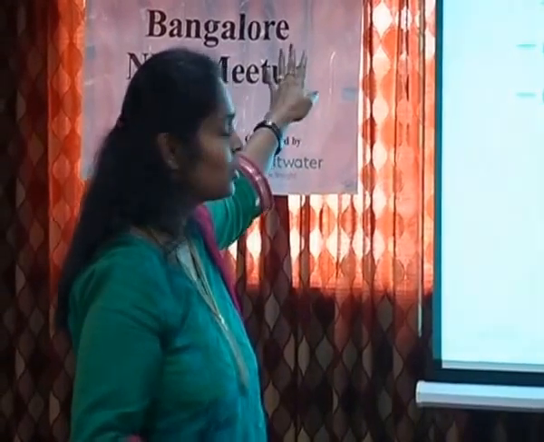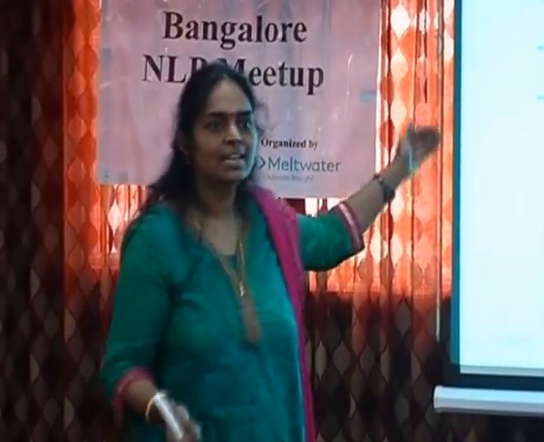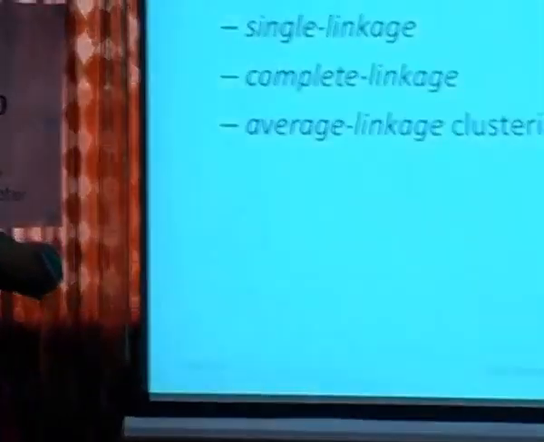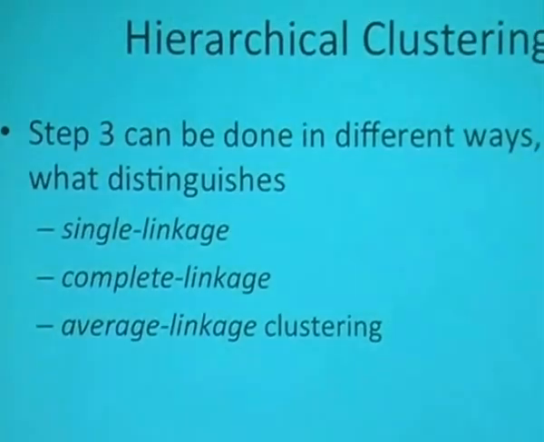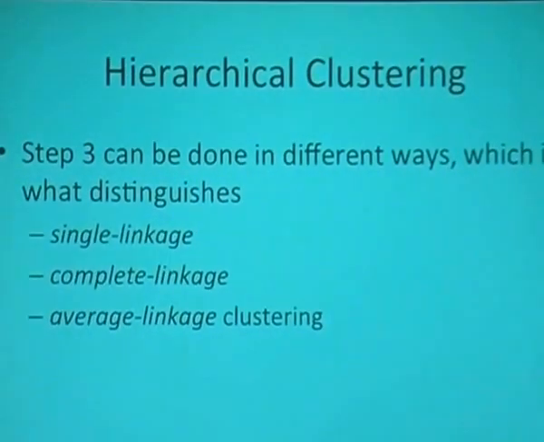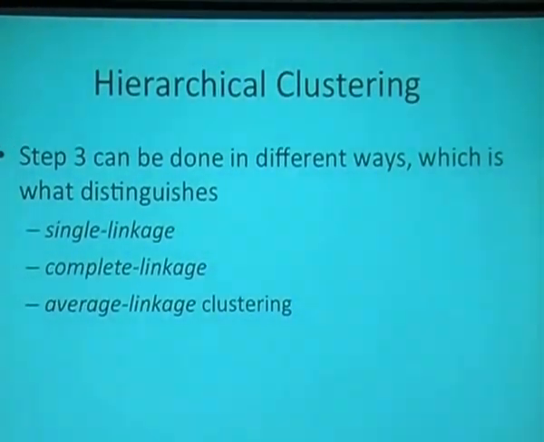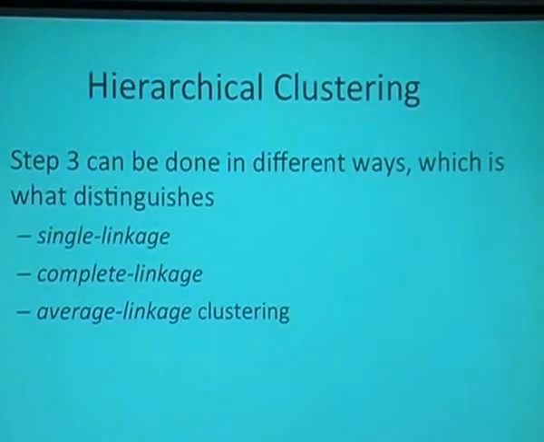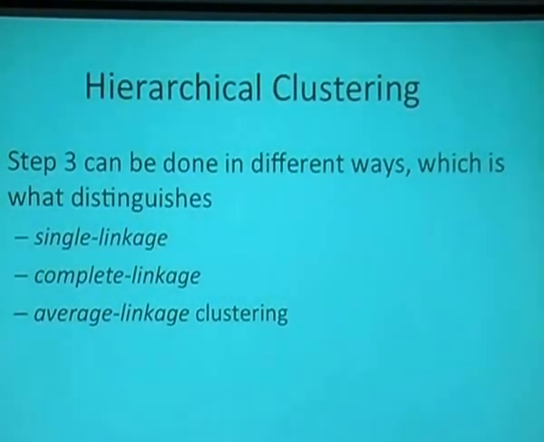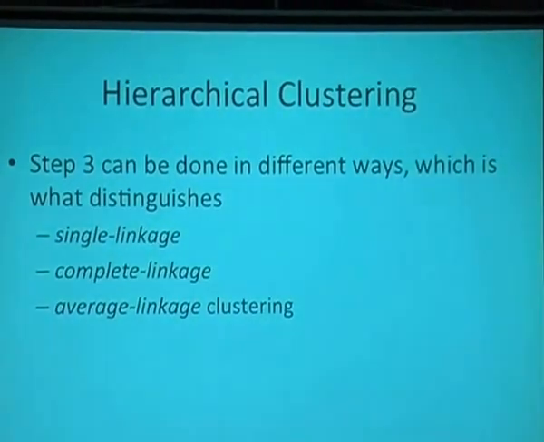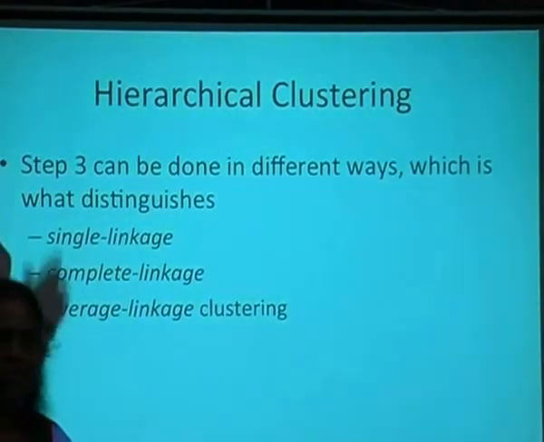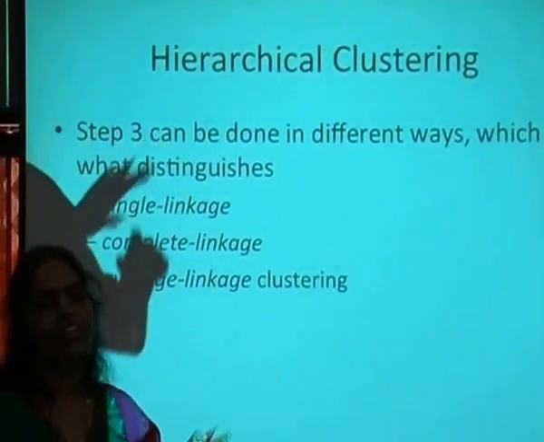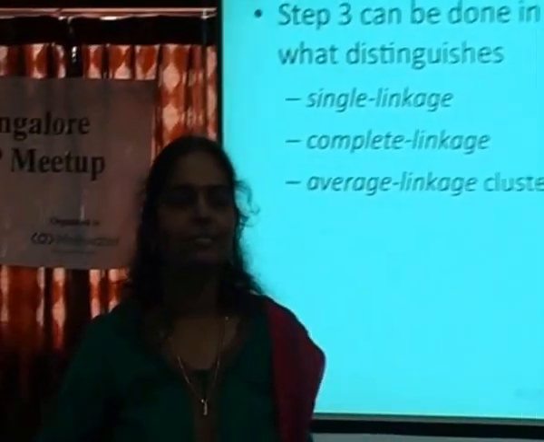Next. As I told you, you have single, you have complete, and the next one is average linkage. How is that calculated? Is it the difference between the two means? Is it the last value on the data point, the maximum value on the data point? See, actually if you have a cluster, when you cluster, you find the diameter of the cluster. The maximum diameter that you have, a point lying on the diameter will be the final threshold on which you will find the similarity or dissimilarity.